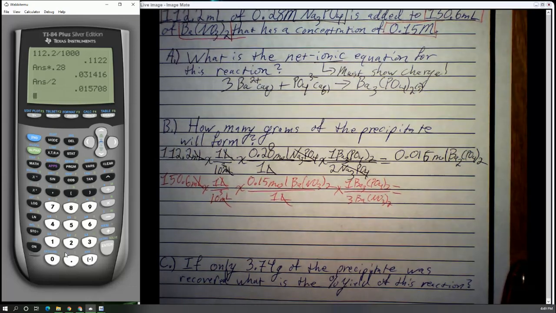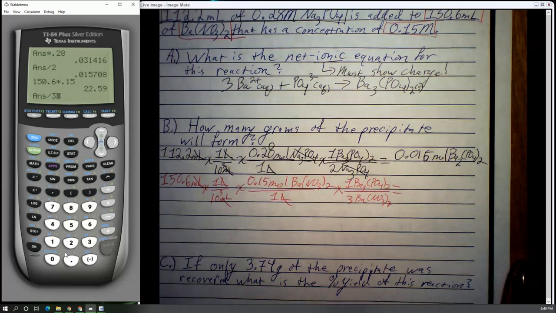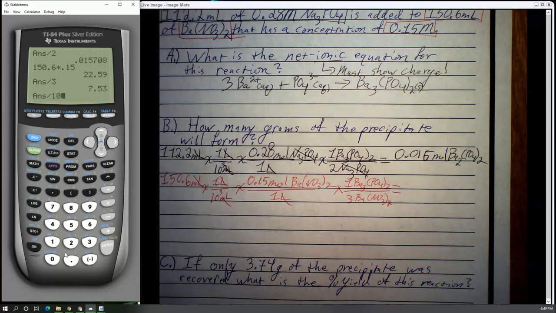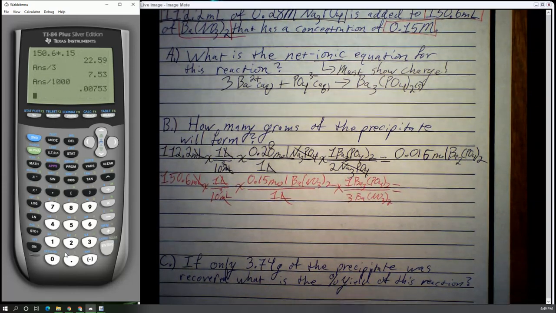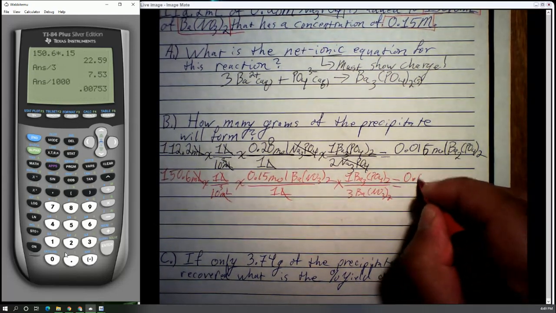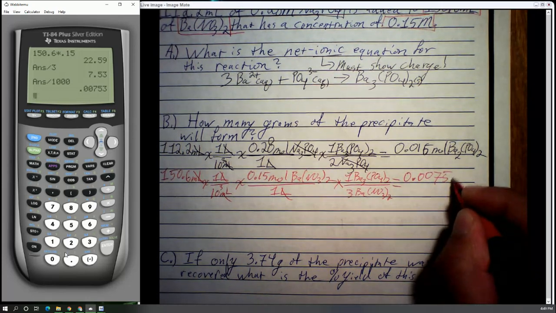Alright, so let's see what we get there. 150.6, 0.15, over 3. Oops, and I forgot to divide that by 1,000. That would have been embarrassing. 0.0075 moles